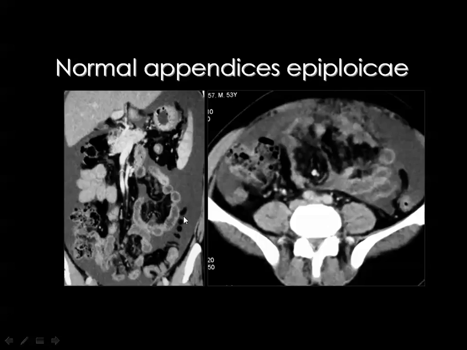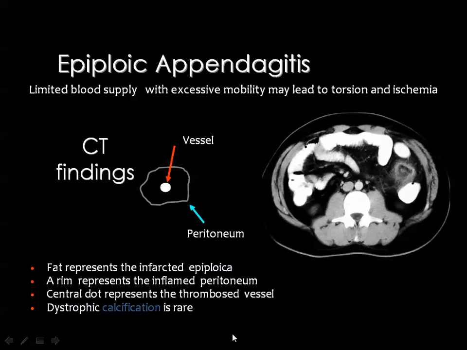This is fat, not air, protruding from the wall of the colon, and this is one of the appendices epiploicae which is prominent, as you can see. And you remember, you cannot see these appendages normally unless the patient has ascites. And what happens if the appendix epiploica becomes inflamed? You remember, because it is freely mobile, many times there is torsion, and this torsion will compromise the blood supply,